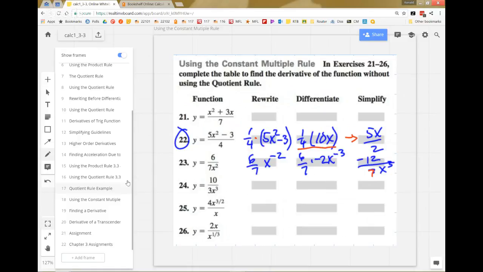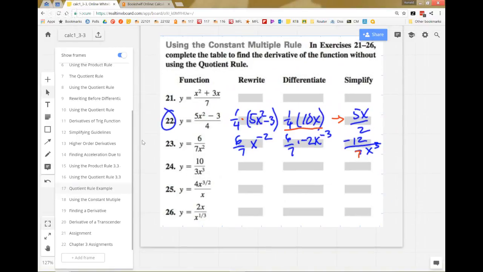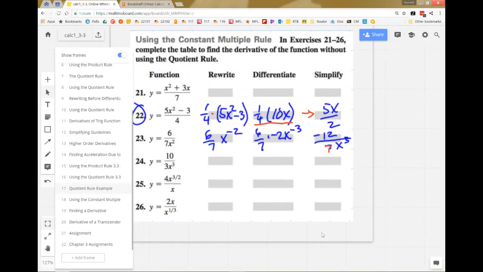It works. Let me just illustrate that the answer comes out the same. So let's take this problem 23 and do it using the quotient rule. So we've got